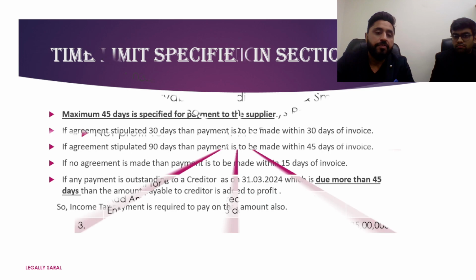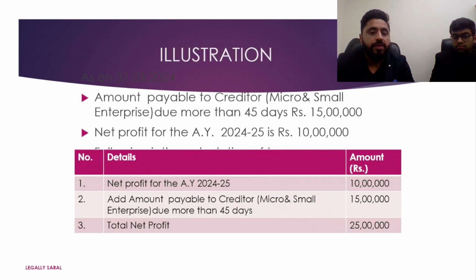So dear friends, why are we again highlighting this fact, why are we discussing this provision? Because this is a very draconian provision. This will lead to lots of litigation in the years to come, because businesses vary from person to person, and credit terms vary from person to person. So how can the government expect anybody to make a payment to the vendors when they are not able to collect it from their own customers? So we have put it as an illustration in this as well.